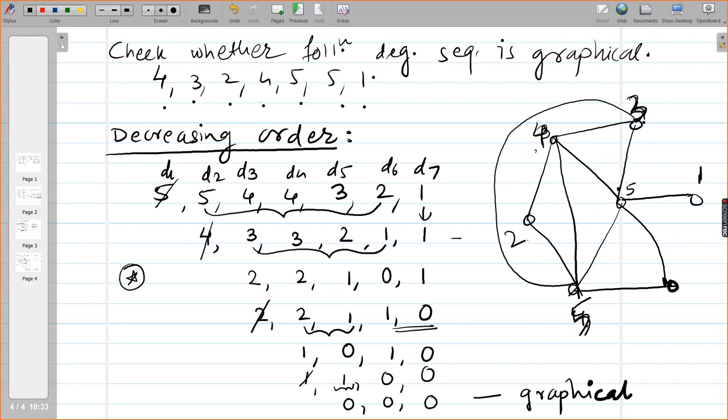Now I need a vertex of degree 4. So if I join these two, this one's degree will become 4 and this one's degree will become 3. Do you understand it? There is no loop, there are no parallel edges. Please try to understand. There are intersections, but this is absolutely graphical. You can draw a graph because there are how many odd numbers? 5, 5, 3 and 1. There are 4 vertices with odd degree. Okay, so we will have some more examples on the Havel-Hakimi theorem in the next class, girls. Okay.